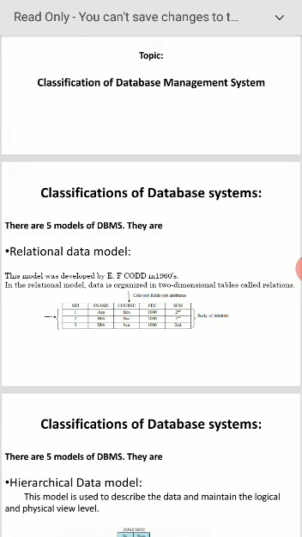Now, the number of rows present in the particular relation is referred to as cardinality of relation. How many rows are there? 3 rows. That is the cardinality of relation. Degree of relation: the number of columns present in that particular relation. How many columns are there in the above table? 5 columns are there.